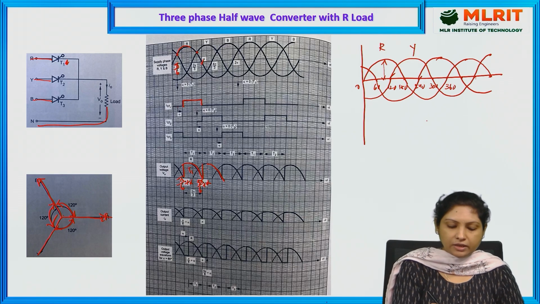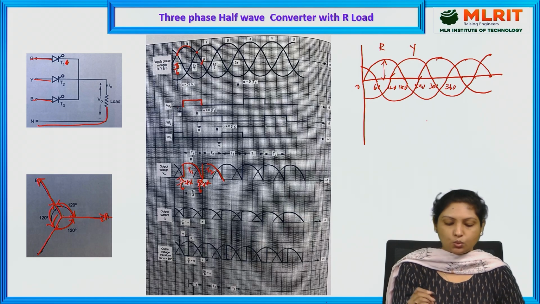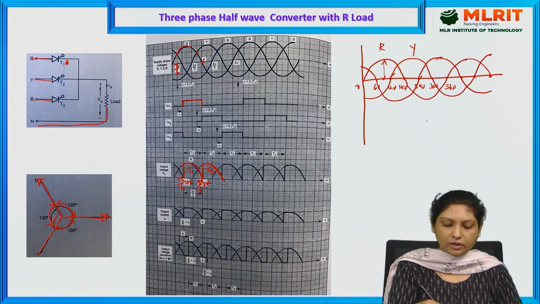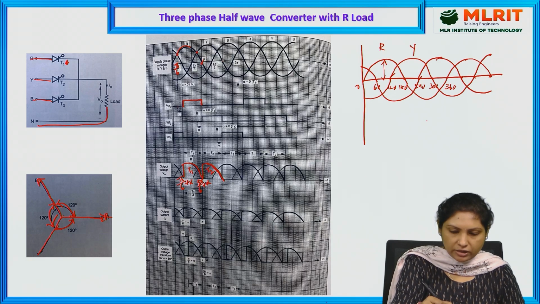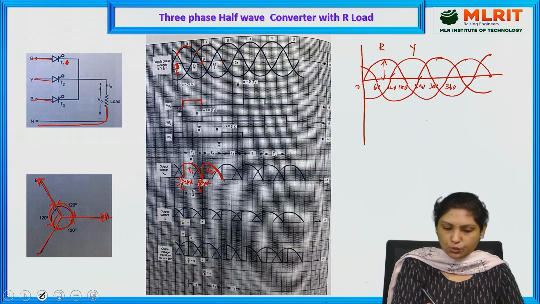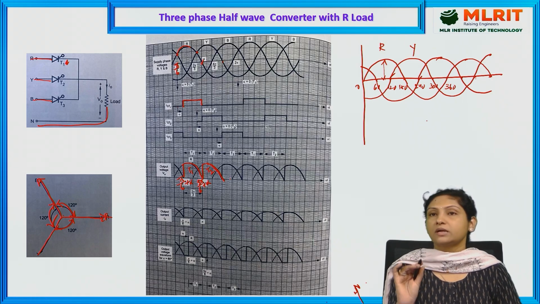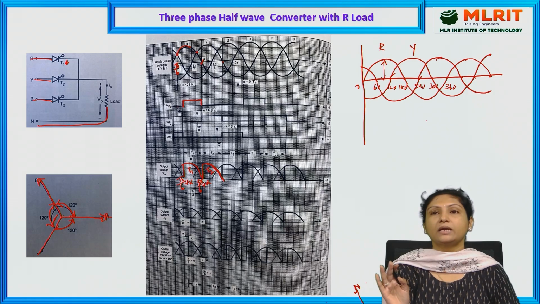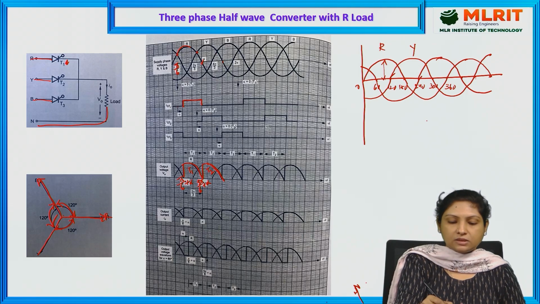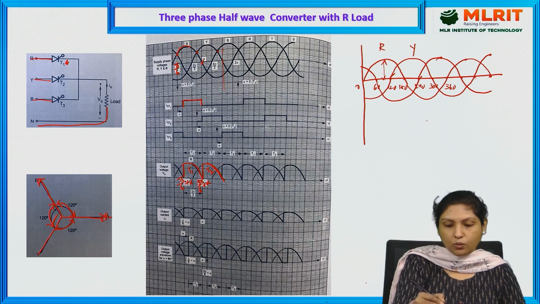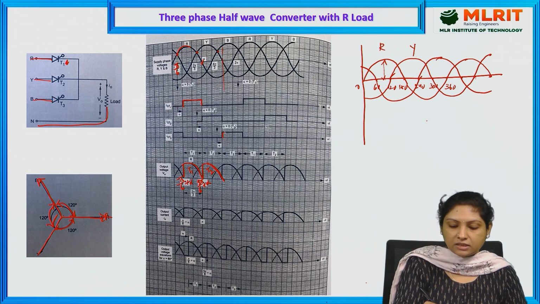And now here at this instant thyristor 2 is conducting, and as long as Y phase is present, thyristor 2 is conducting. Once the negative half cycle has appeared, thyristor 2 is reverse biased and turned off. At this zero crossing, exceeding this zero crossing at this particular instant called alpha, if I am providing the triggering pulse for thyristor 3,